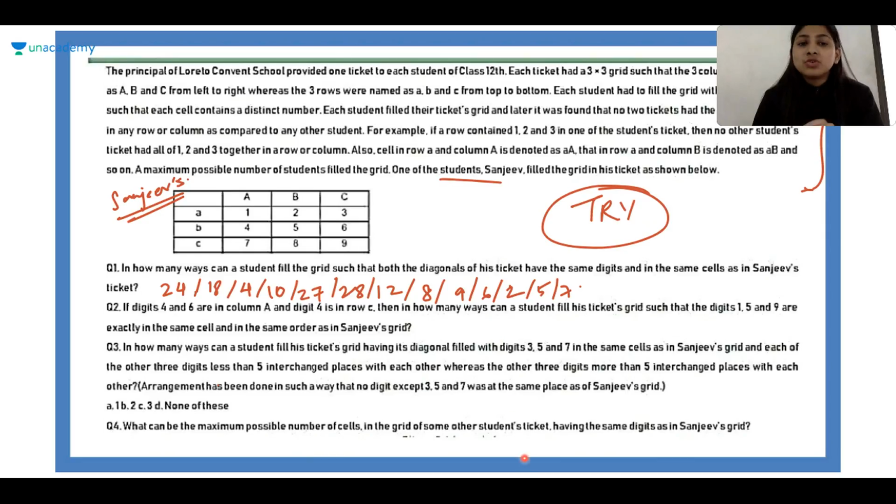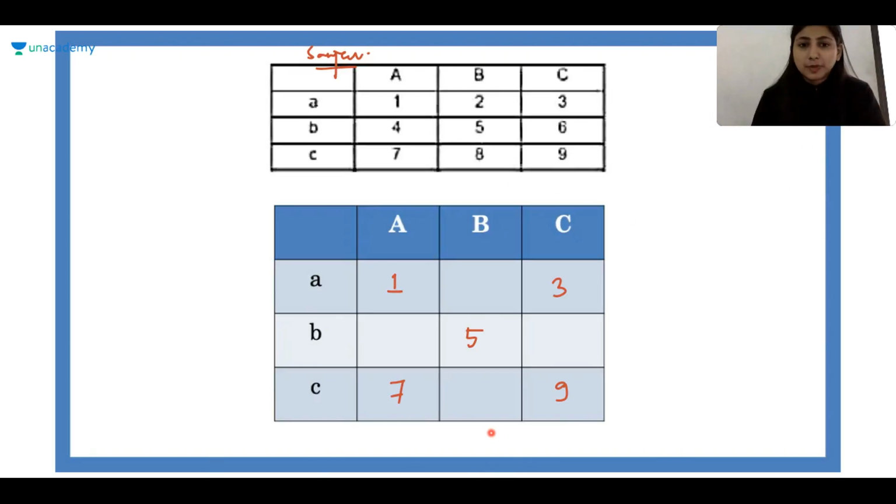Okay, so the best way to solve this is we have already placed these 5 numbers out of 9. Now we are just left with 2, 4, 6, and 8 that we need to place. Okay, don't try to solve this from permutation combination. I told you already. With that, you can find how many ways there are to fill these 4 numbers in these 4 grids, but you will not be able to eliminate the exact things that they have asked us to.